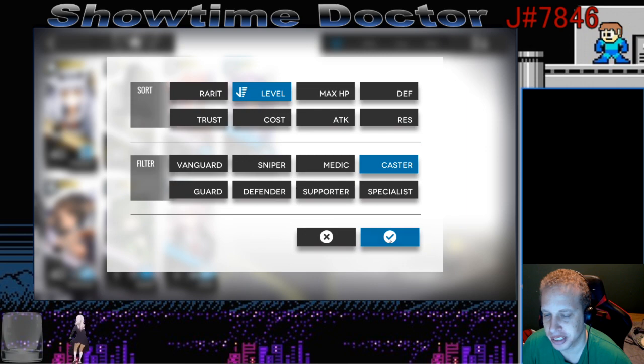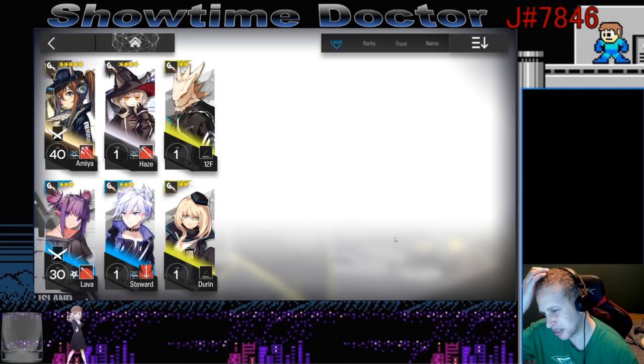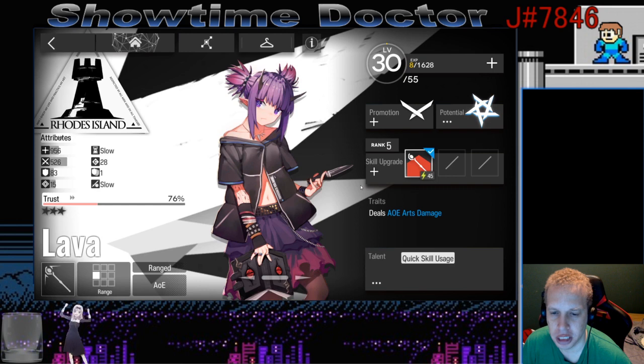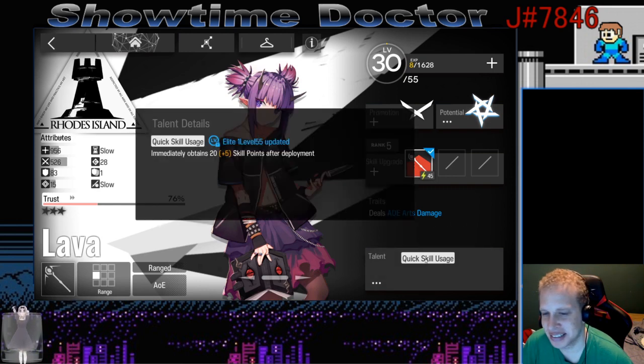And then let's see here for caster. I don't have too many options on caster. I could build Haze if I want. I could also build Steward if I want. I've heard they're actually not too bad. Amelia, that goes without saying. Even if you have an Ija, Amelia is still a good caster to build up. Lava carried me really early game for AoE damage. That was before I had a Shira. And now it's just like,